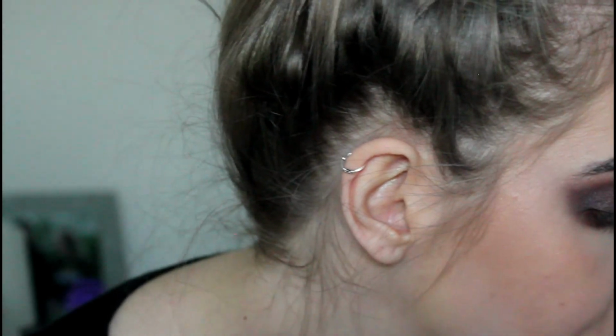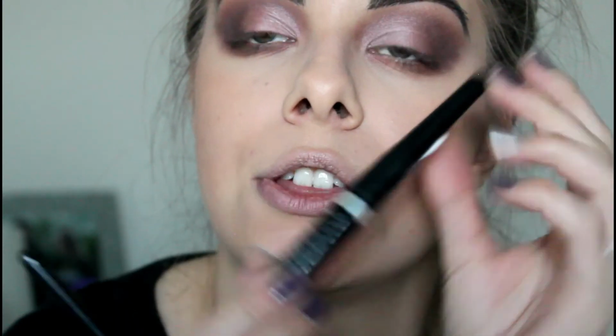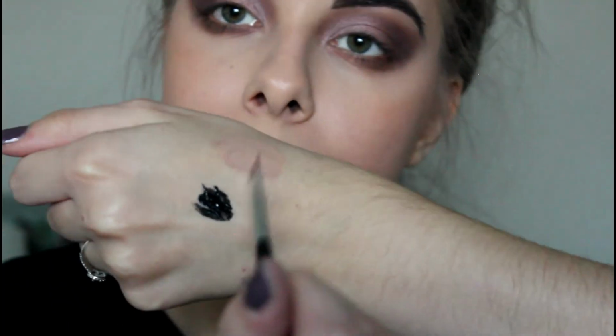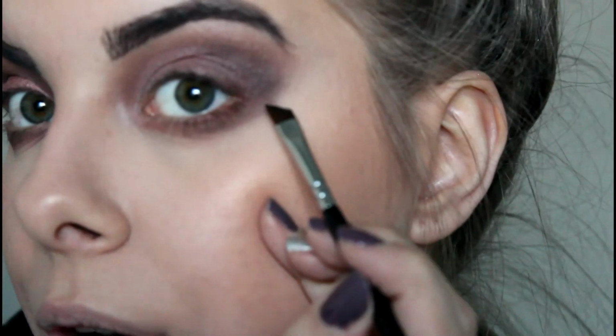So I'm going to use this brush here, and this is the 317 wing liner brush. And I've got my liner that I normally use, and what I do so that I can use the brush is I put some on the back of my hand. And then I can use my hand as a palette. So I pop it on my hand, I pop it on my brush, and I'm gonna just show you what I do. So I start right on the corner of my eye,